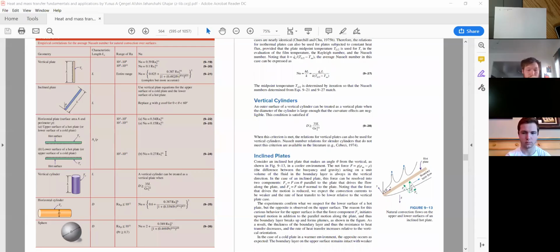the hot surface is facing down, we're going to repeat the same procedure. The only thing that changes here now is we're still going to have a characteristic length that is AS over P, but this time when you compute your Rayleigh number, you are going to get a different value. This is the formula to find the Nusselt number for this condition. Okay, we're no longer using this formula, so we're going to have a different Nusselt number, but we still have the same characteristic length. So if you compute all that, you get it to be,